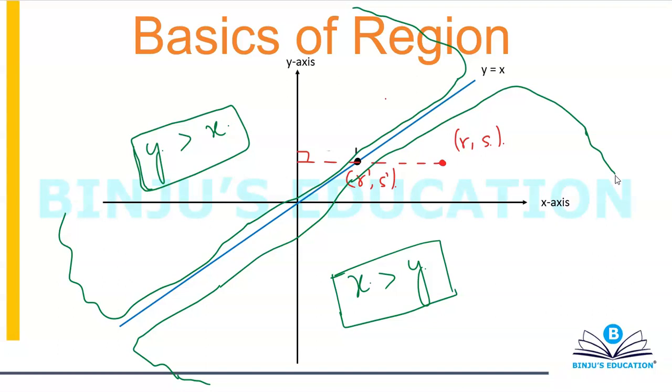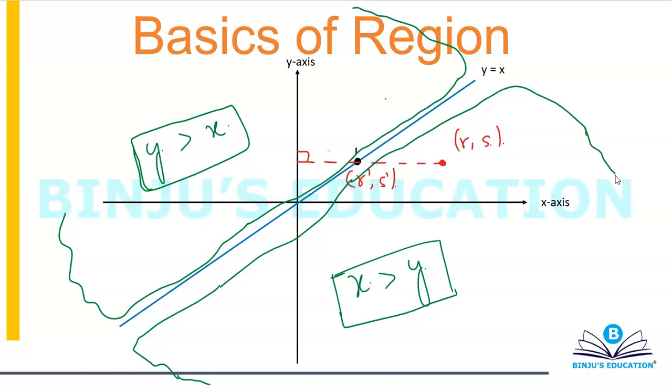Now think about this for a moment. If I talk about x and y, can I say there are only three things possible? Either x will be greater than y, x will be equal to y, or x will be less than y. And interestingly, you have the graphical interpretation of all three things on your screen. What you have done is you have divided your entire 2D graph into three regions. One is the line x is equal to y, one is the region that lies above the line, one is the region that lies below the line. This is the concept of region. Okay, this is the basics that you need to understand.